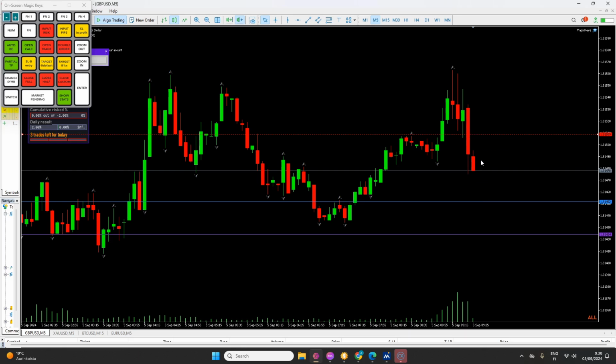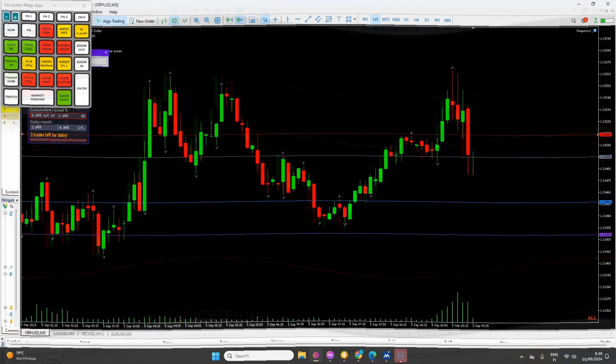I'm looking for some pattern, as usual, that must form around this point where the price is now, 1.3147, but I have not seen it yet. So I'll be watching and seeing what will happen. Of course, if, for example, this very candle does not go below, if it doesn't go below as it is now,